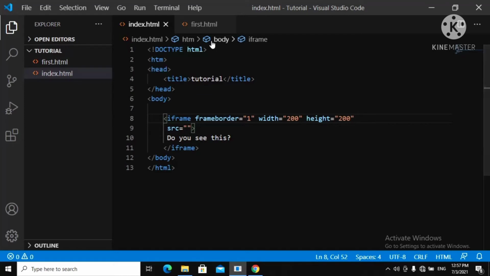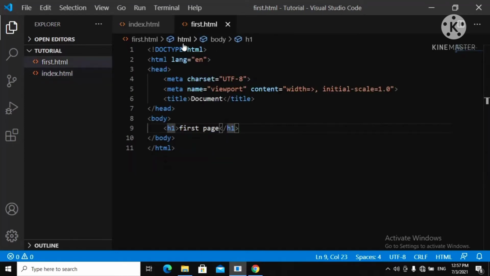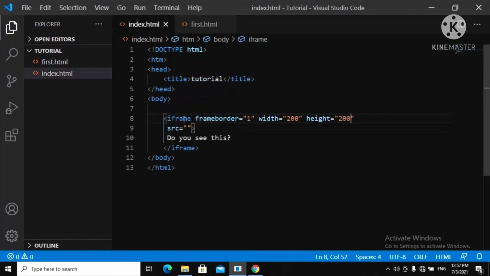You can see our first.html over here. We have a simple h1 tag that says first page, and this is the page we want to embed. So you simply call the external page, the first page. You say first.html,